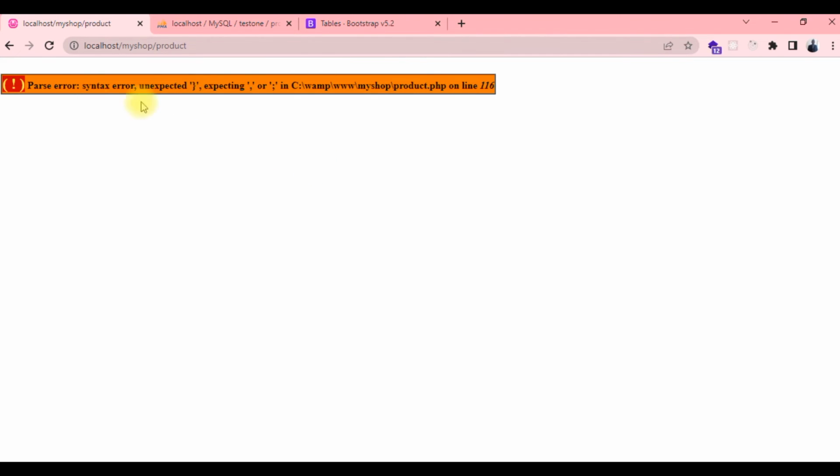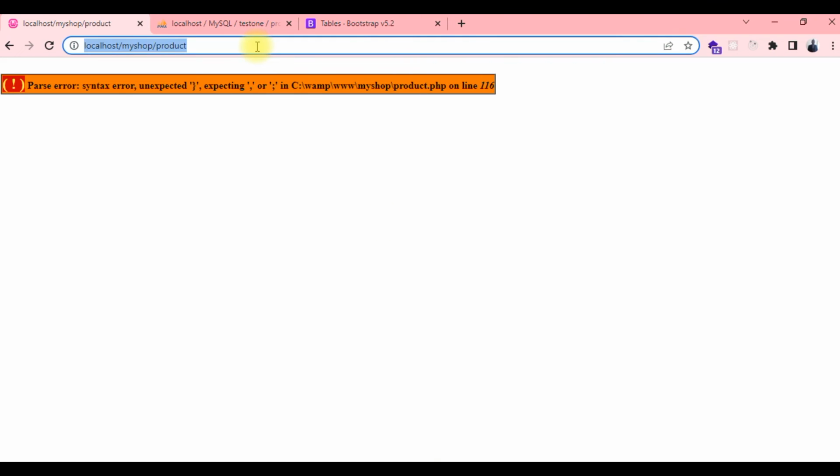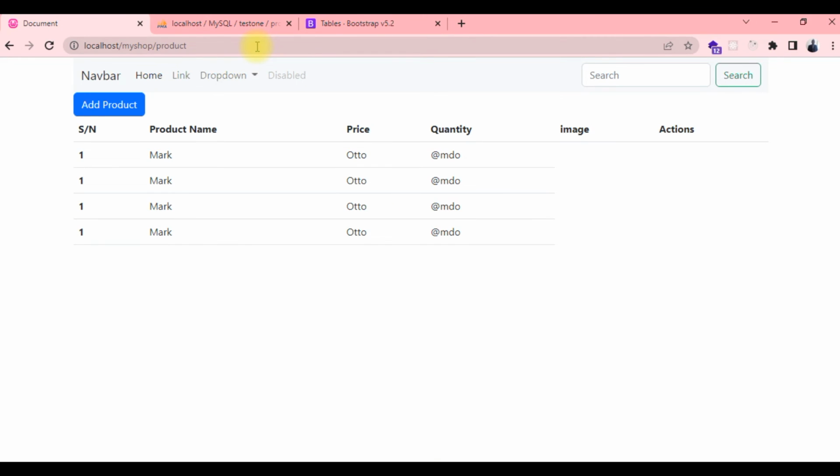Okay, we have a parsing error, unexpected, it is expecting a comma and all that. What could be the problem is we did not terminate our echo here. So let's see. That's how we debug errors. That's it. So we get this, but this is not the actual products that we are bringing now from the